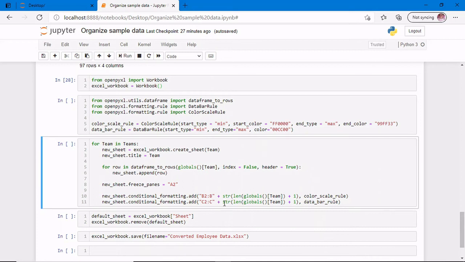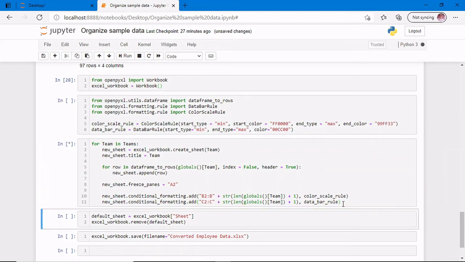I'm adding +1 to it and converting it into a string, because this plus operator is for concatenating strings. So this whole thing from here to here will read as B2 to B100 if that data frame has got 100 rows. And I am applying this color scale rule which I have defined above to new sheet on this particular column. And for column C, I am applying the data bar rule instance of the data bar rule class.